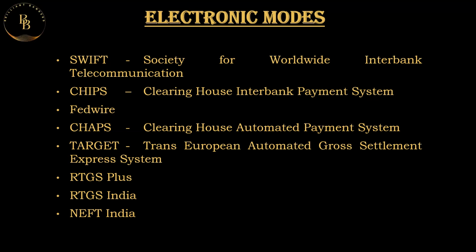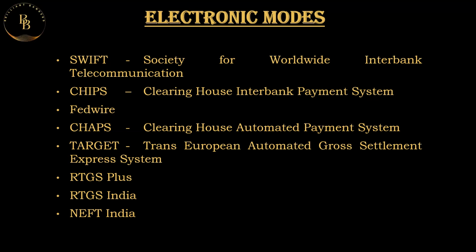Coming to the second type, which is CHIPS, Clearing House Interbank Payment System. This is a major payment system in the United States of America and it's operating since 1970. It is a fully automated computer-based messaging and net payment system. Now you may be familiar with the term net payment system, which was explained earlier in the case of RTGS and NEFT of India. It is a net settlement payment system used by major banks for settlement of a large part of US dollar payments